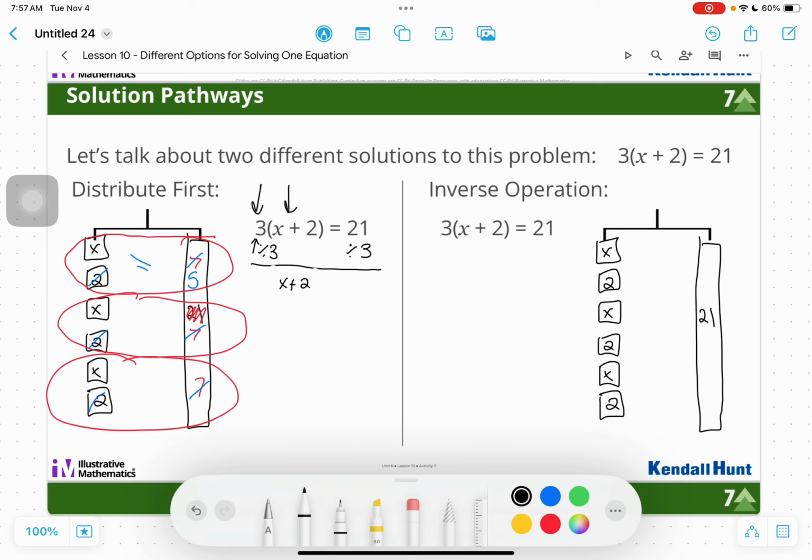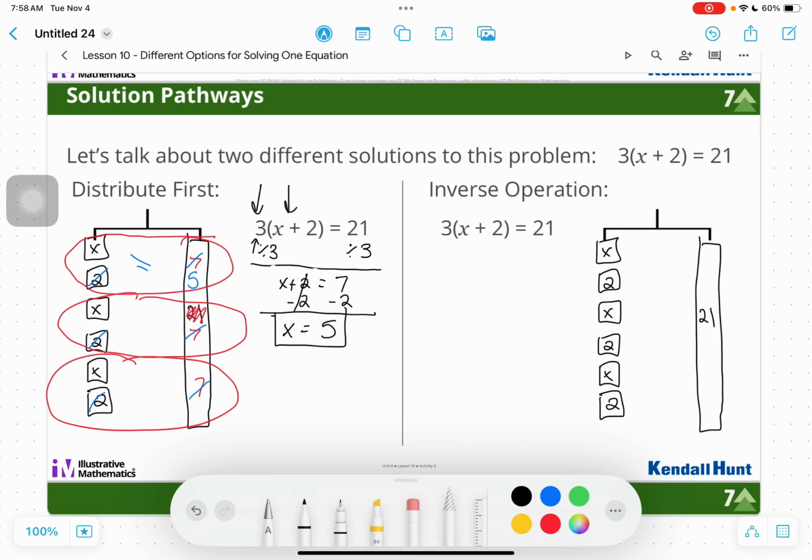I can erase it. 21 divided by 3, we already know from our hanger diagram, was 7. Then I took away 2 from both sides. x equals 5. Because 2 minus 2 is 0, I don't need to write it. 7 minus 2 is 5. What's the other way I could solve this